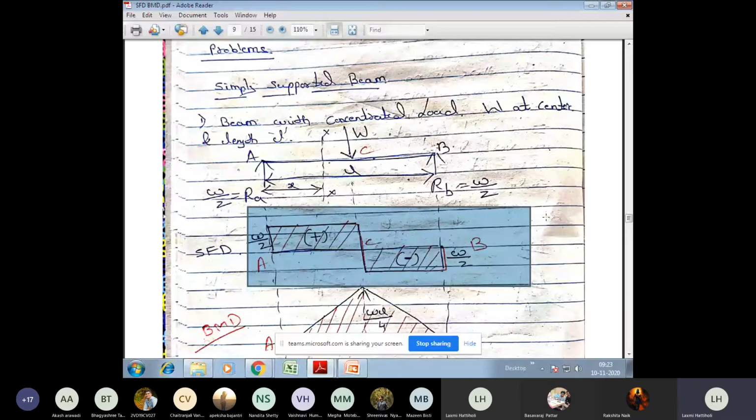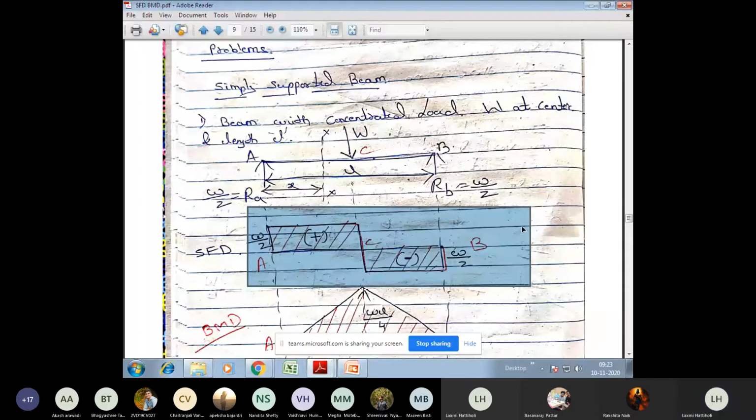Now, this concept is also being used in your second IA. So I'm just hurrying with the concept, right? And these numerical examples I have included in your second internal. So please make sure that you learn well. And one more thing, if by mistake you have not attended yesterday's class, you can refer to the videos, because it's not possible to repeat the entire session of yesterday's class today.